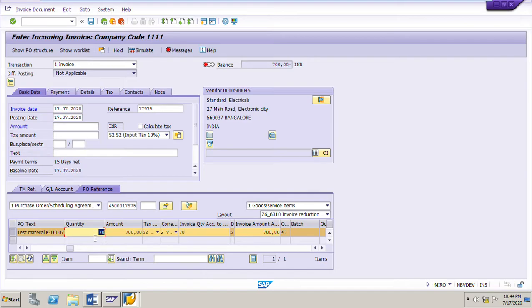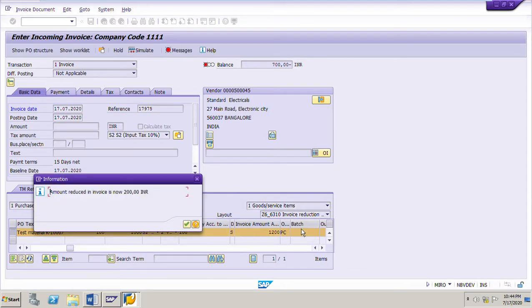Change the default system quantity from 70 to 100, and the amount for 100 is 100 into 10, which is 1000 rupees. Then here, change the invoice quantity according to vendor to 100, and the invoice amount according to vendor is not the PO price, it is higher. He is charging at 12 per piece, so 12 into 100 is 1200.